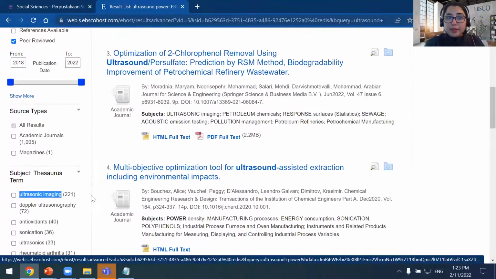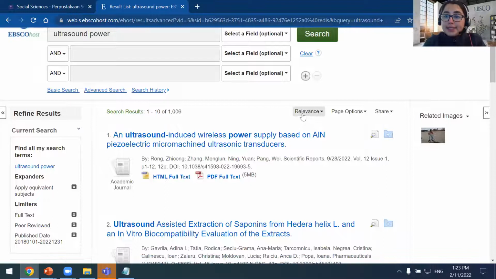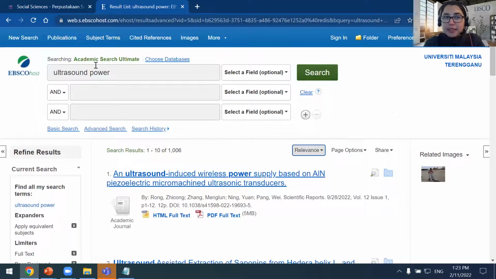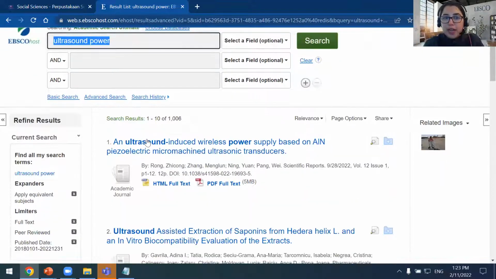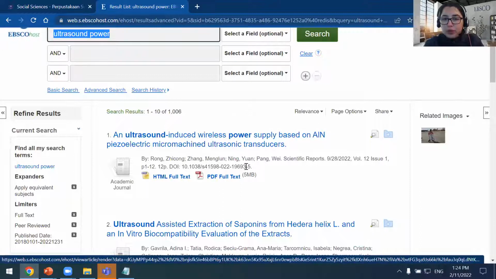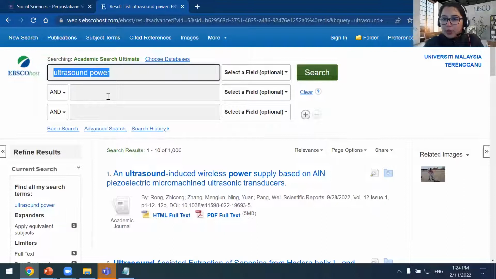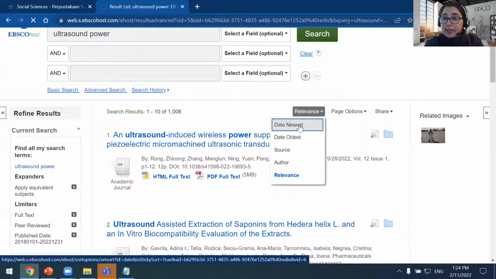Okay, so I'm just going to scroll back to the top of my results. By default, the sorting is according to relevance, and what that means is it's going to find the best match back to my original search term, and it looks into the title, the abstract and the subject terms to get the most accurate results. But if I wanted to, there is the ability as well to sort by date newest.